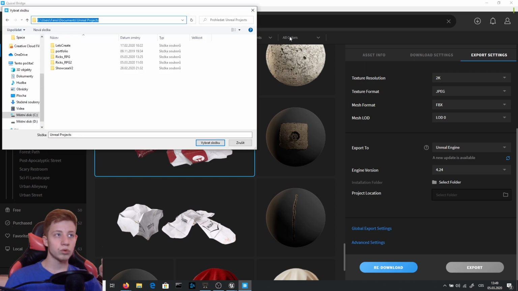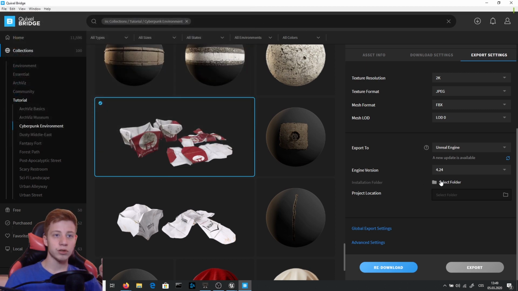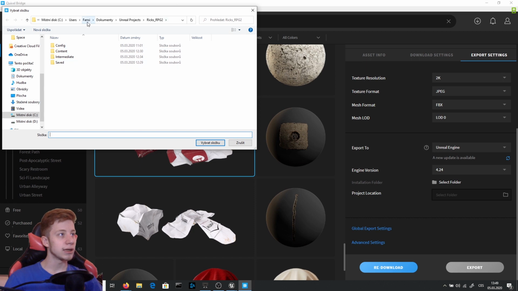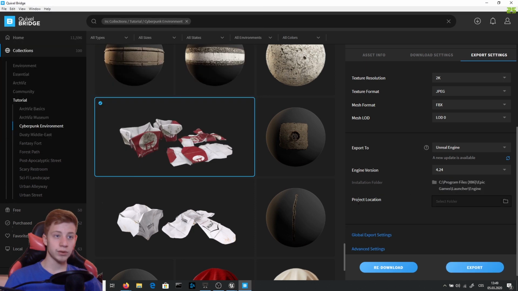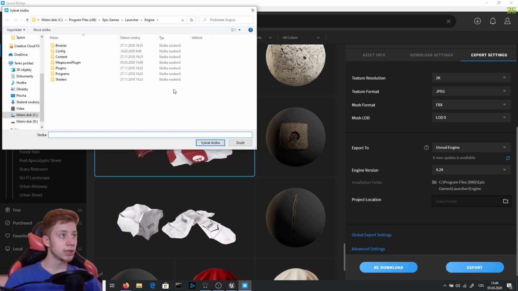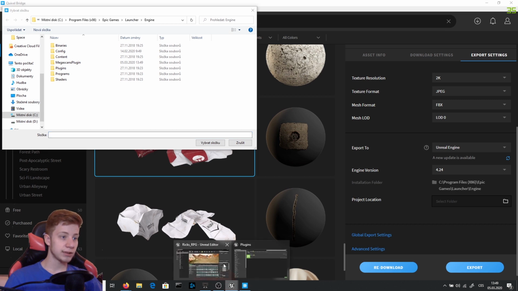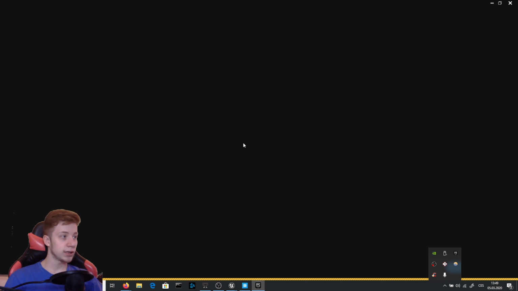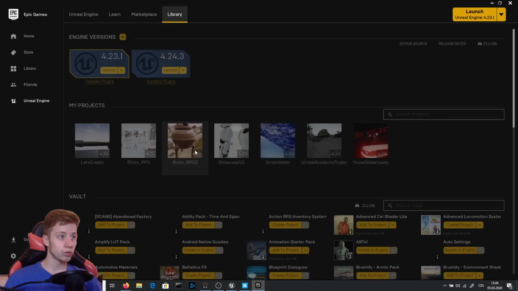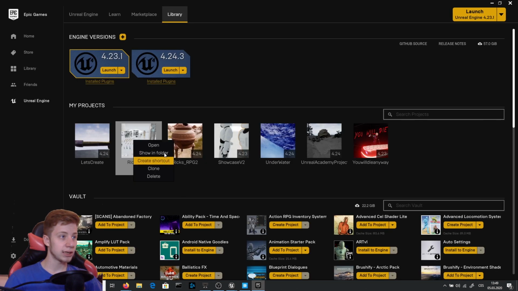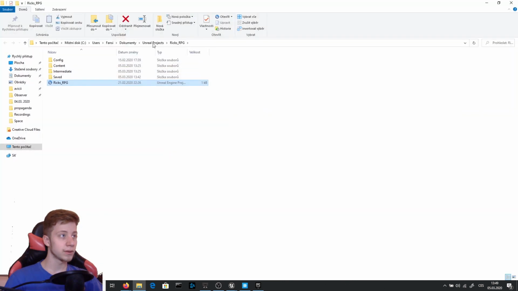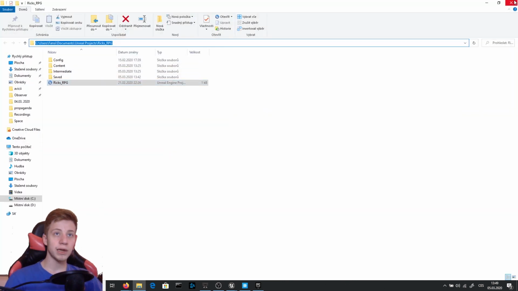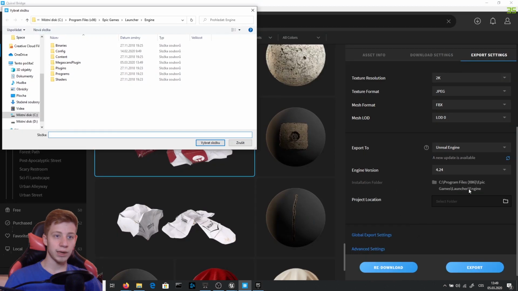You need to set this installation folder to where your engine is installed. Next, you need to set your project location. If you don't remember where it is, simply click on Epic Games Launcher, wait until it's loaded, go to library, click on your project and show in folder. Now you can just copy that, Ctrl C, go back right here, oh we already have it, Ctrl V and